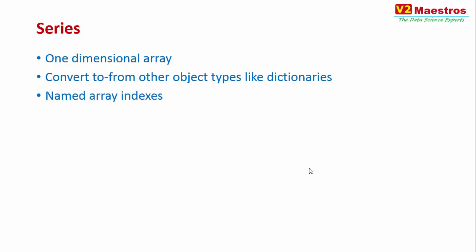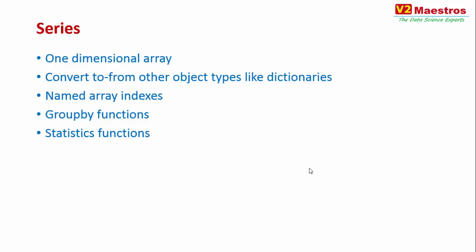It can provide you named array indexes, so you can access members of the series. The series is like a list of things. You can access members of the series using logical names. You can use strings to index them, not just 1, 2, 3, 4. And that is the first advantage of series. It provides you group by functions, so you can do some group by and then compute certain things out of it.